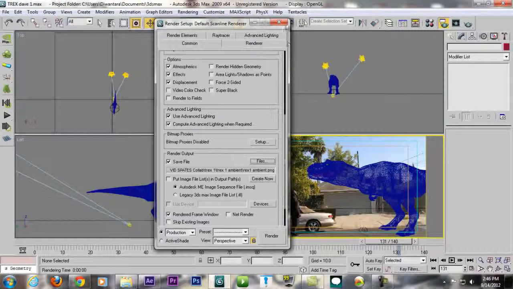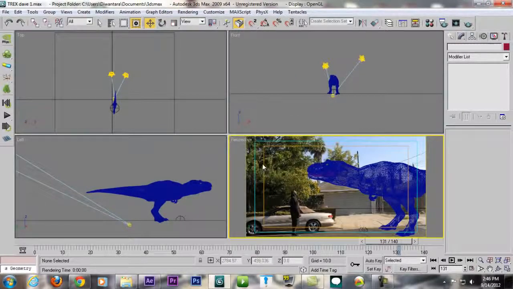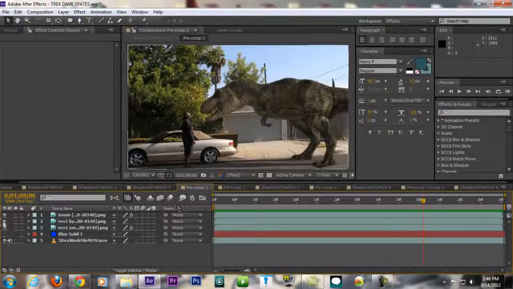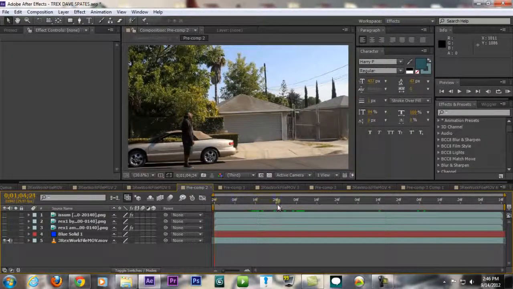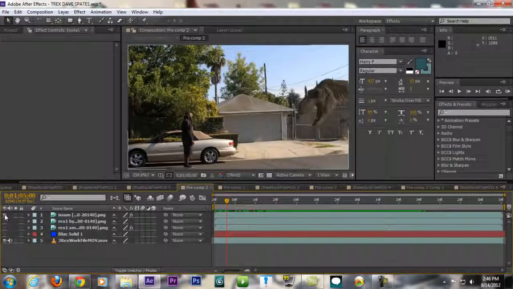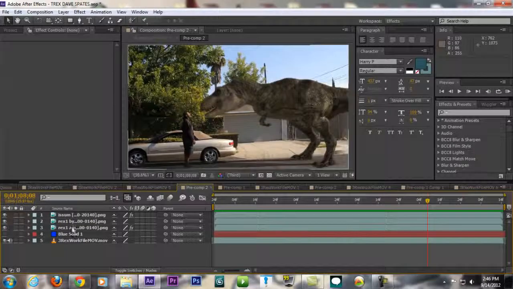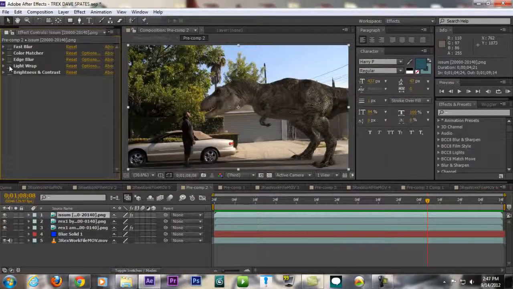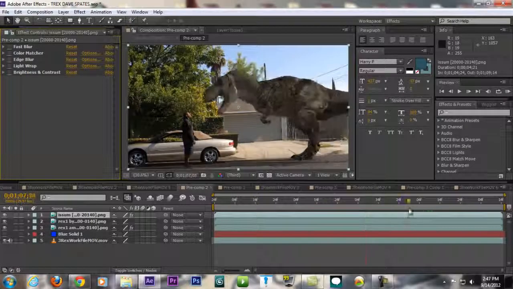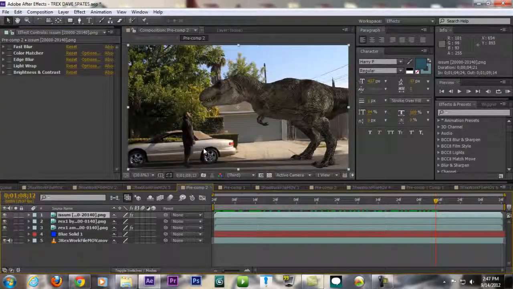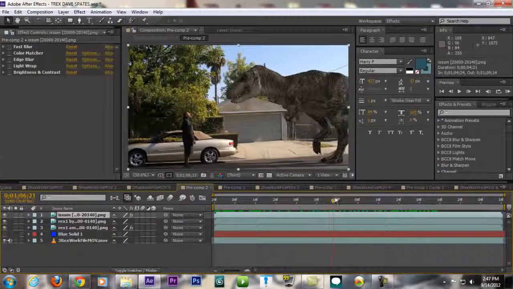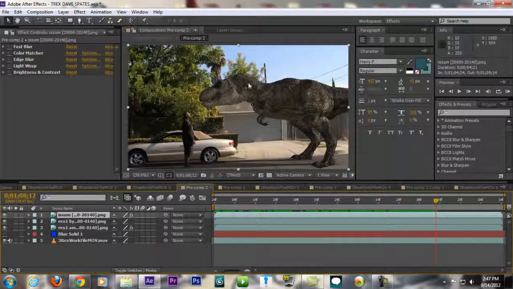Then you click render, and we're just going to close 3ds Max now and import everything into After Effects. From the beginning, it will be your footage right here, and you're going to add your dinosaur, your T-Rex, then your shadow, and then your ambient shadow. There you go. Now this T-Rex, before, is like this. As you can see here, the color is not matched to the footage. Now I'm going to teach you how to make the T-Rex look like it's really on the footage. I mean the color and the contrast, etc., really matching